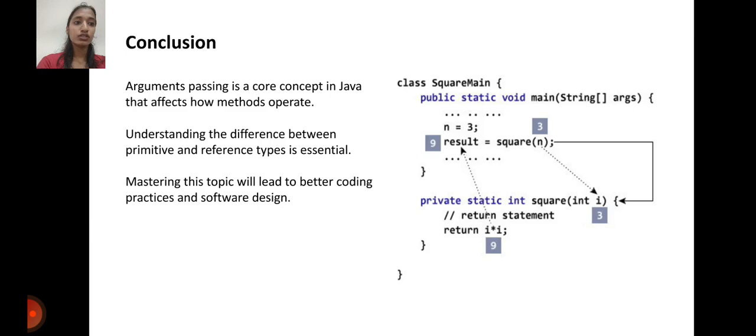Let us discuss this. class Square { public static void main(String[] args) { int n = 3; int result = square(n); } private static int square(int i) { return i * i; } }